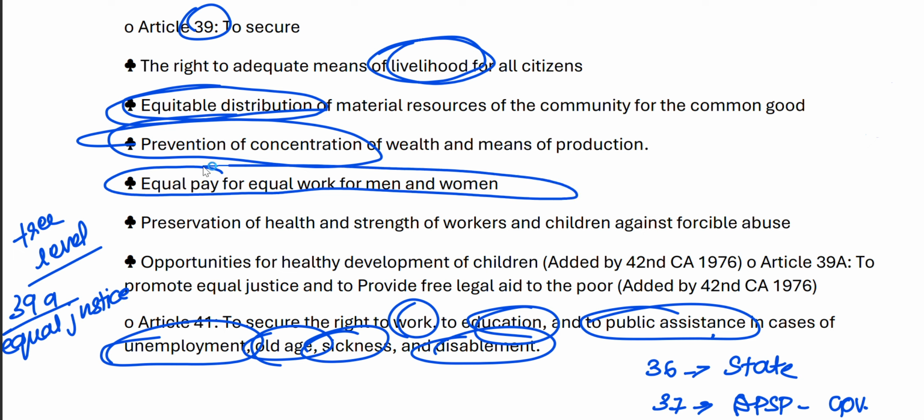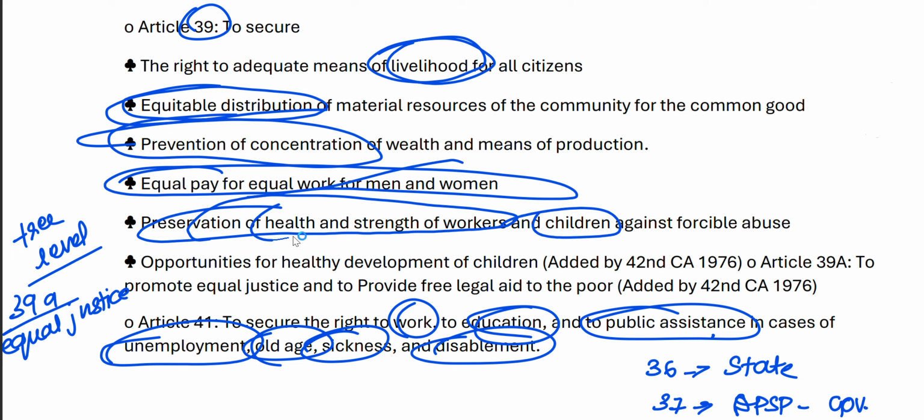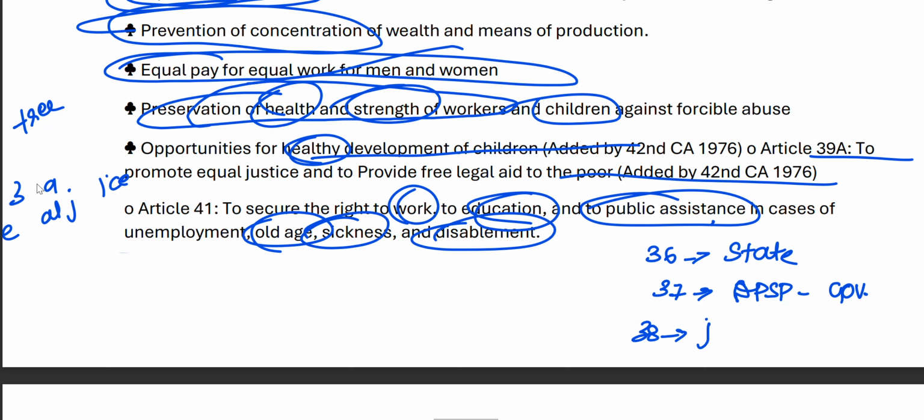Equal pay for equal work. Then you have to have the preservation of the health of the workers and the children. When there is equal pay, health, and the strength and healthy development of the children, and free legal aid is equal justice. Right. Now, 41 is related to